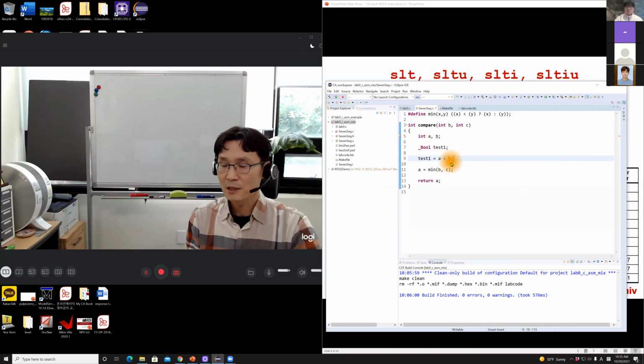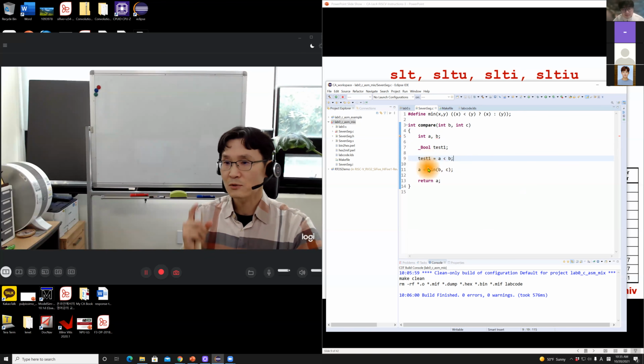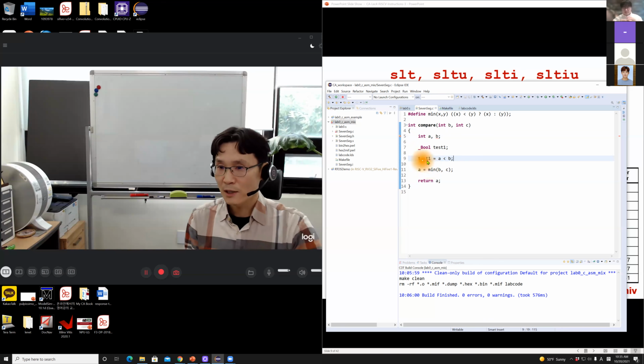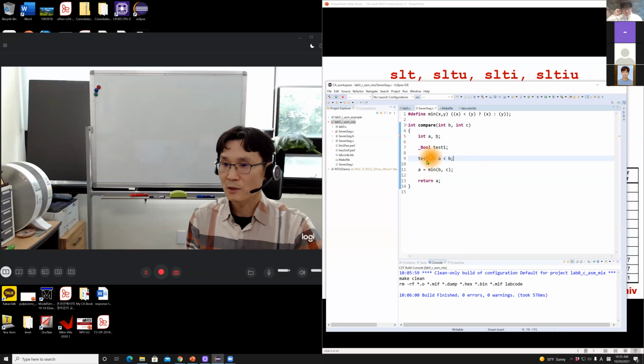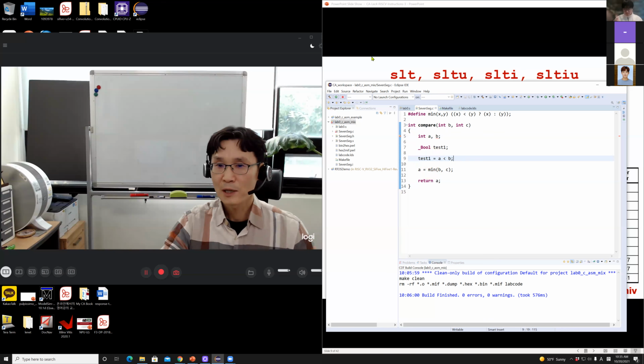So if A is less than B, how do you interpret this statement? A is less than B, test1 is true. True means 1, right? Otherwise, false, and false is 0, so test1 is 0. So if you compile this code,